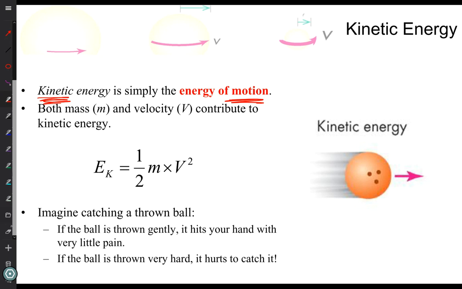So speed is more important than mass in kinetic energy, but that energy is something that it carries. Energy is actually the ability to do work. Work, pushing on something and making it move. And so if I have a bowling ball that's flying toward me, it's going to have kinetic energy. It'll be able to do work on me. It'll hit me and make me move. That's what kinetic energy means.